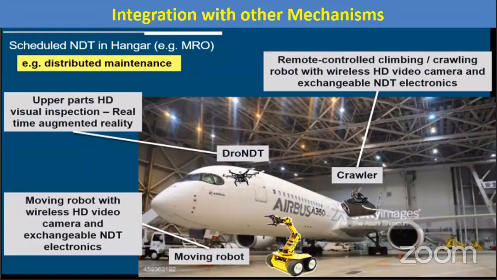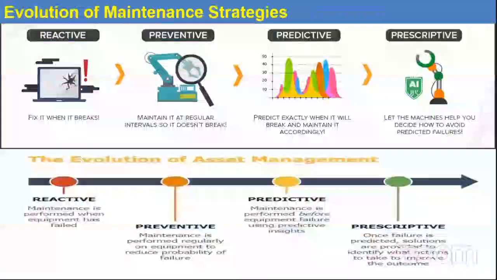They're combining, for example, parts which are on the higher end. You can have a crawler which can go there, you can fly a drone and acquire images, and combine that with real-time augmented reality to really get a full visual view of data acquired with several different sensors, and make decisions on any damage, or even at the quality control stage, whether everything is done before it's dispatched to the customer.